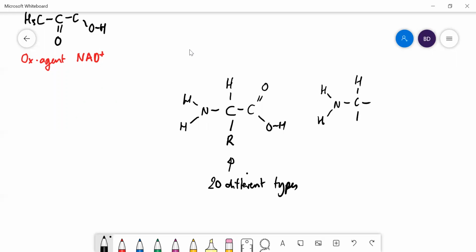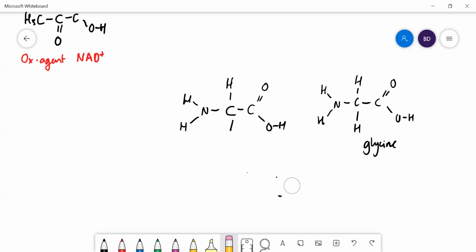The simplest of all is when the R group is a hydrogen. That was called glycine. And the next thing that R can be is a methyl group, CH3. Now, you can see that in this case, this carbon here is asymmetric. So in alanine,